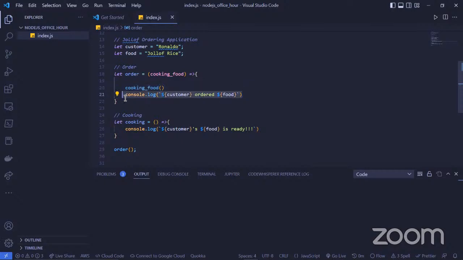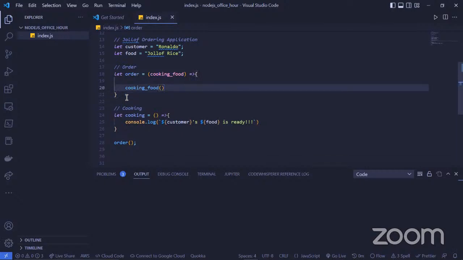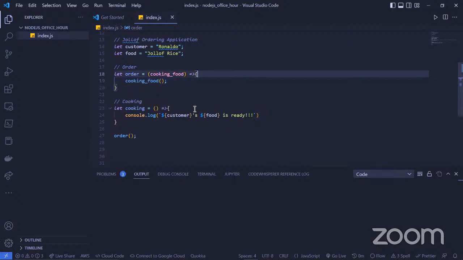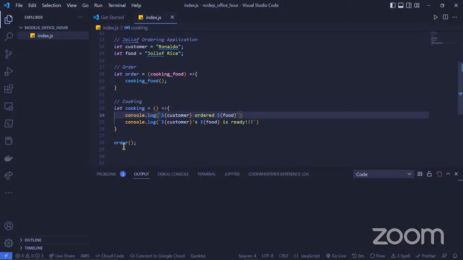Let's take this out. I'll place it here, and then we can put in order this function cooking as an argument in the function order. So cooking is now our callback.